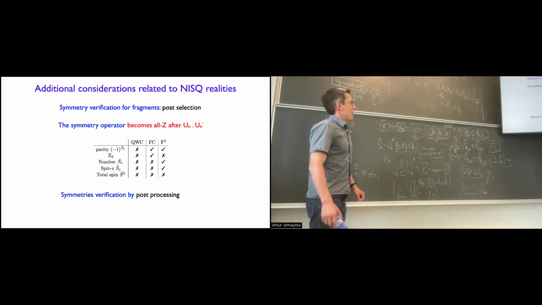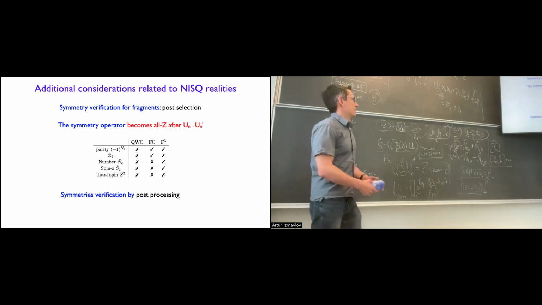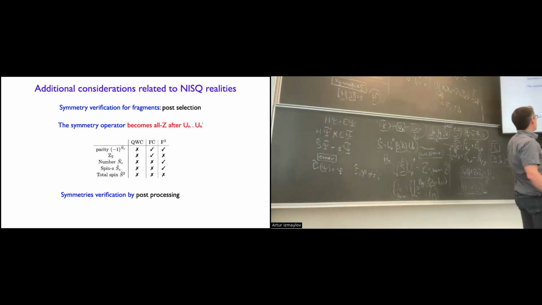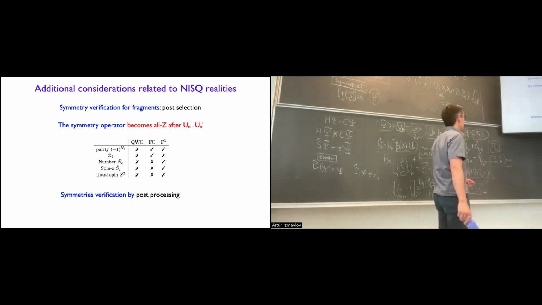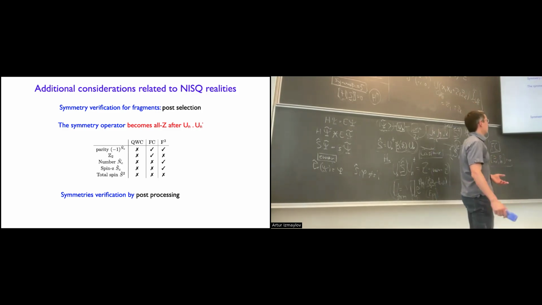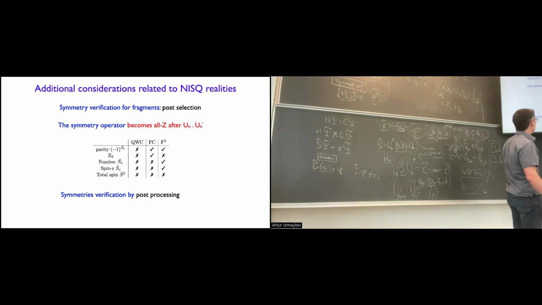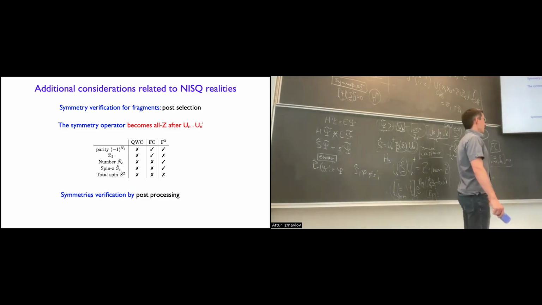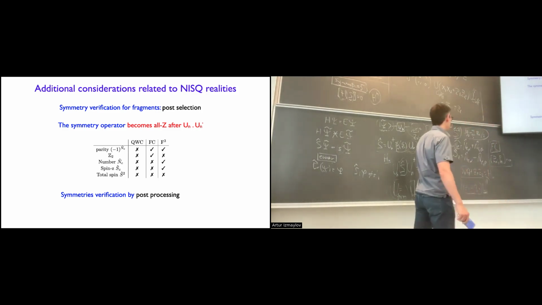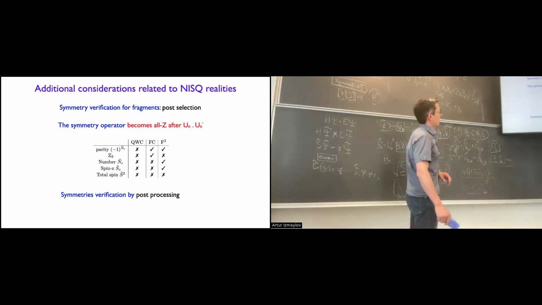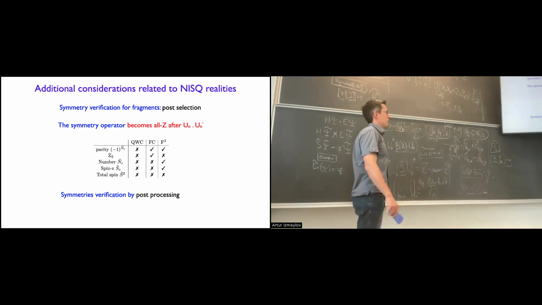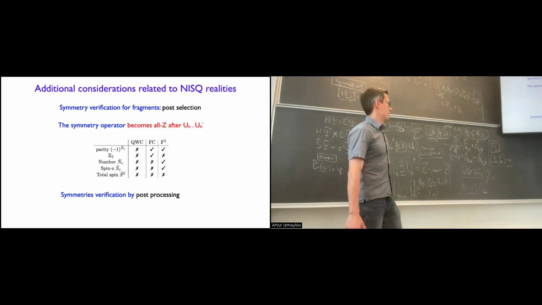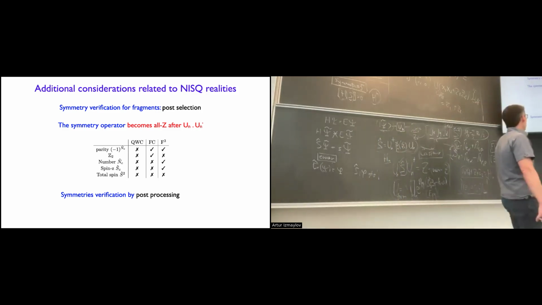measure it. It turns out that in the case of, say, QWC, it's kind of the worst in terms of the post-selection approach, because it really doesn't allow you to measure any of the symmetries that other techniques would allow you to measure, because simply it flips things, and Hadamard and the like break most of the symmetries, because